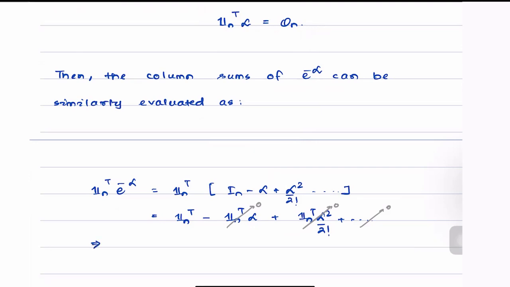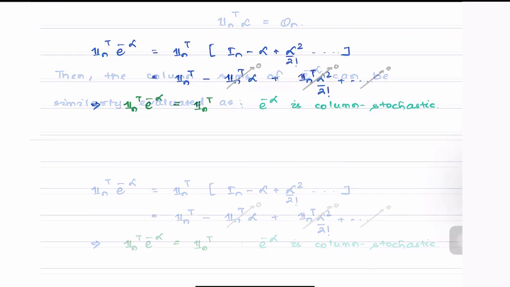this implies 1n transpose e raised to the power minus L is actually equal to 1n transpose, meaning that e raised to the power minus L is column stochastic. Again, remember that one still needs to show that all of the entries of e raised to the power minus L are non-negative. The third property